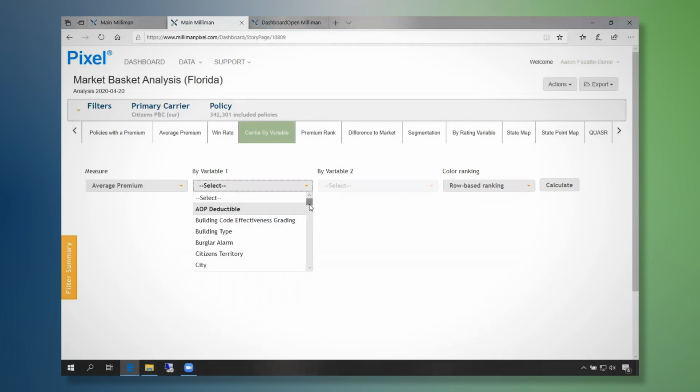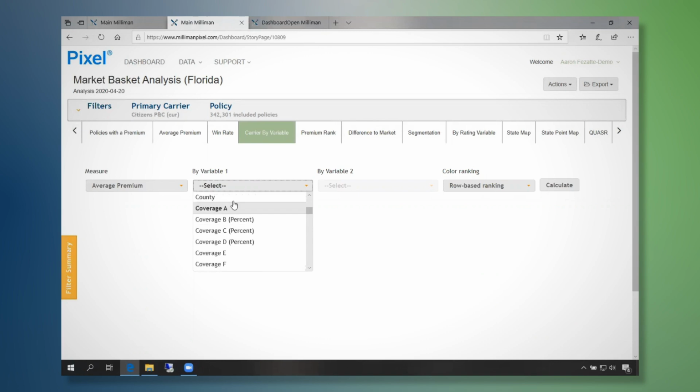Like I mentioned, all of the loaded variable names are here, as well as other physical location attributes, things like city, county, territory, and then the things that you're used to seeing, credit, distance to coast, etc.